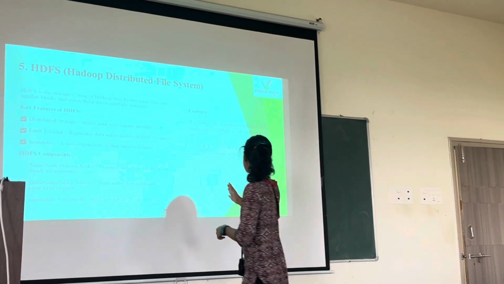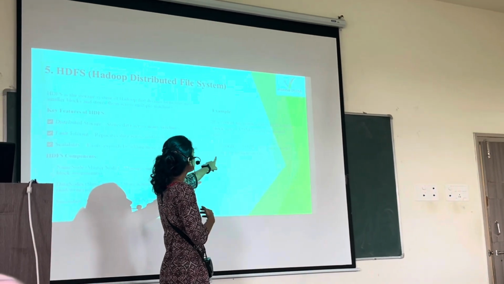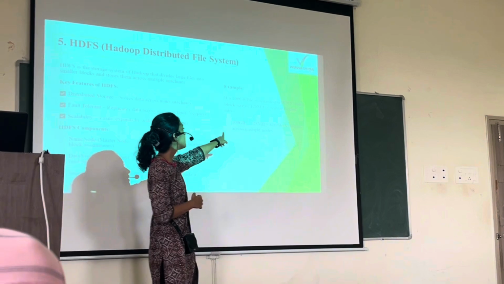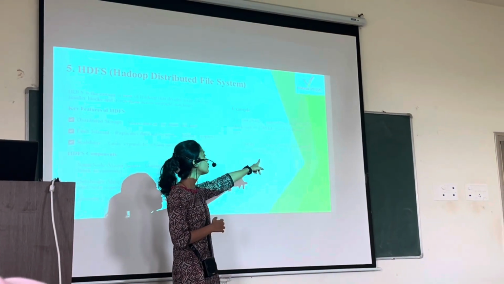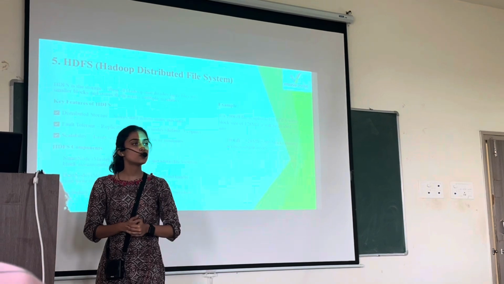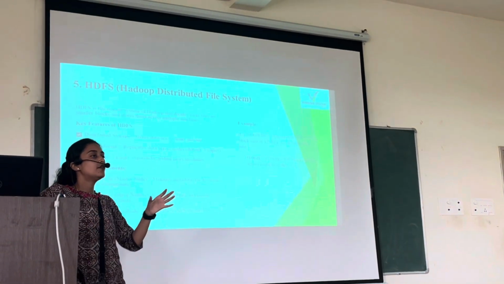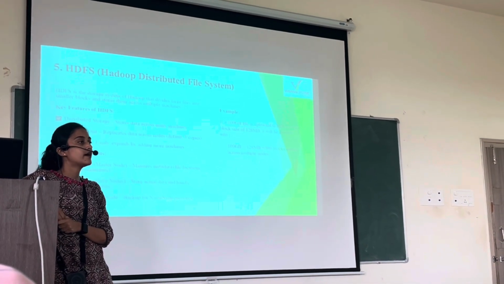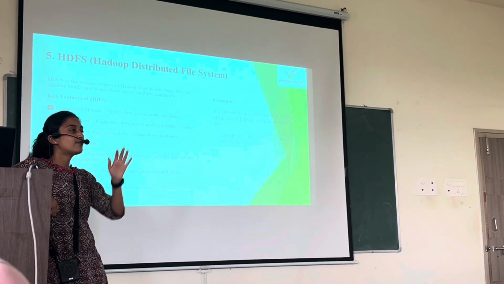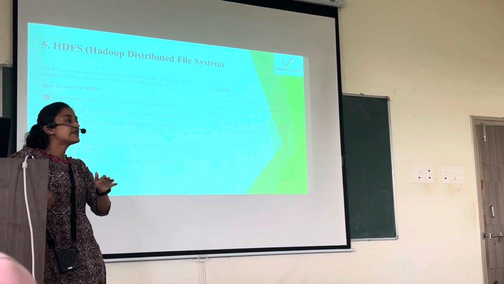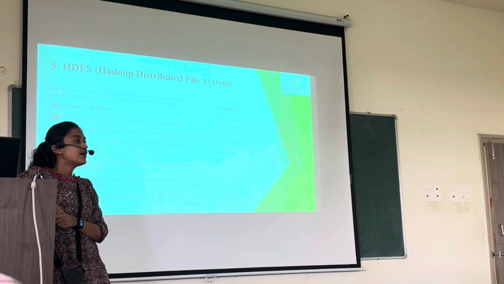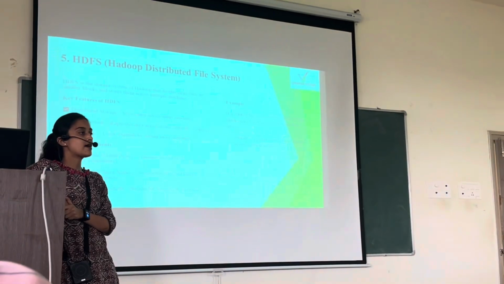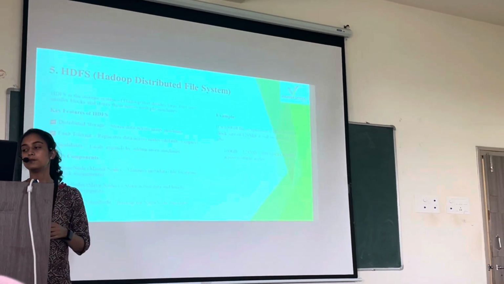So here is an example written. For example, if a 100 GB file is uploaded, with a block size of 128 MB, then 100 GB divided by 128 MB gives 800 blocks. Understood? The work is divided among multiple computers. This is how they divide. Similarly, in your college, if there are 5 tasks, they will see how many classrooms are there. So 5 tasks divided by the number of classrooms. In that manner they divide the task. The same thing happens in Hadoop also.